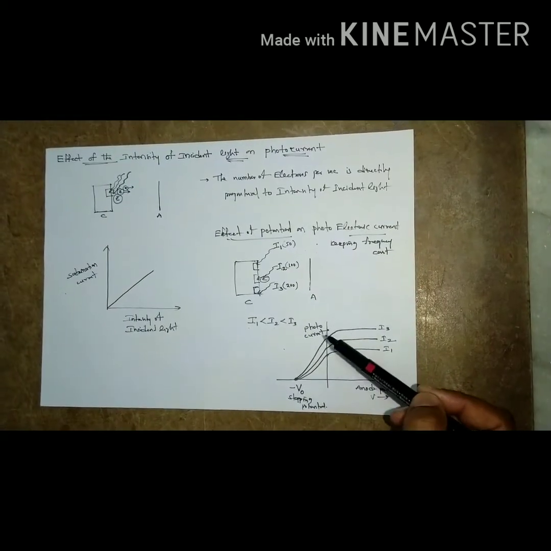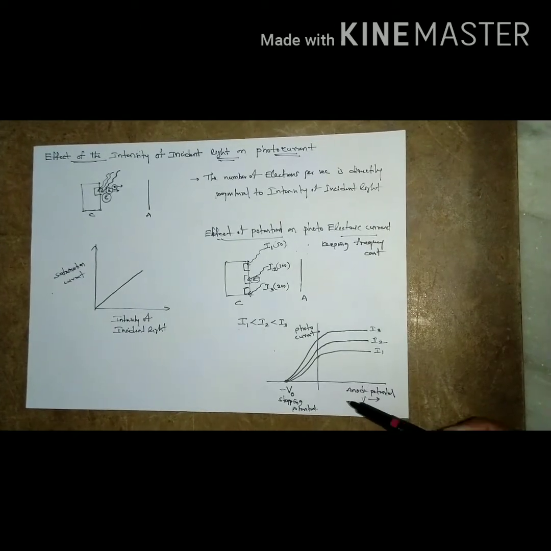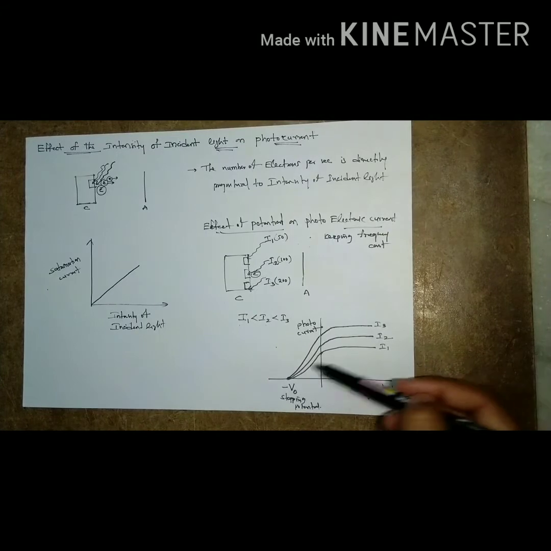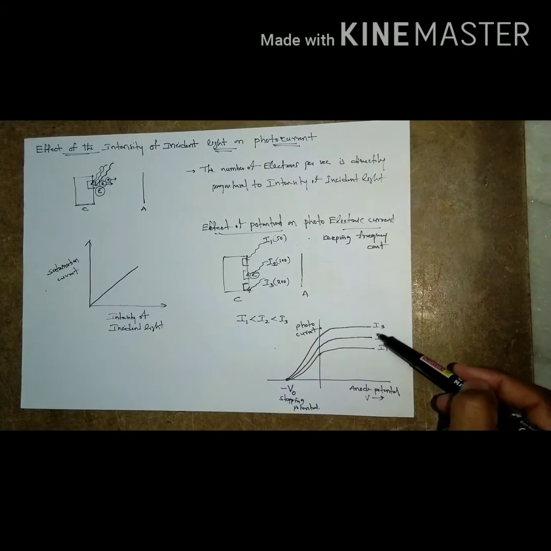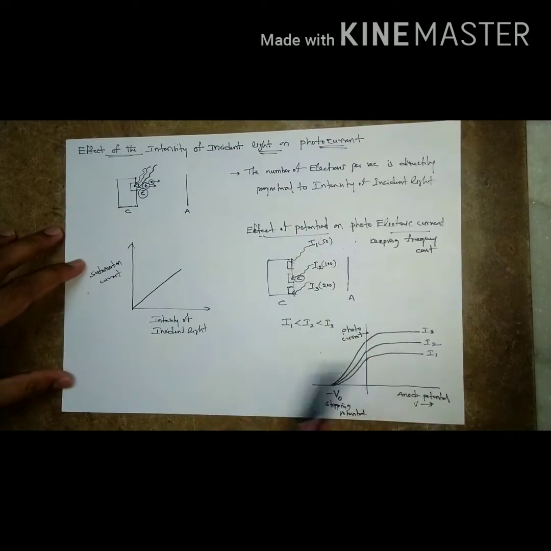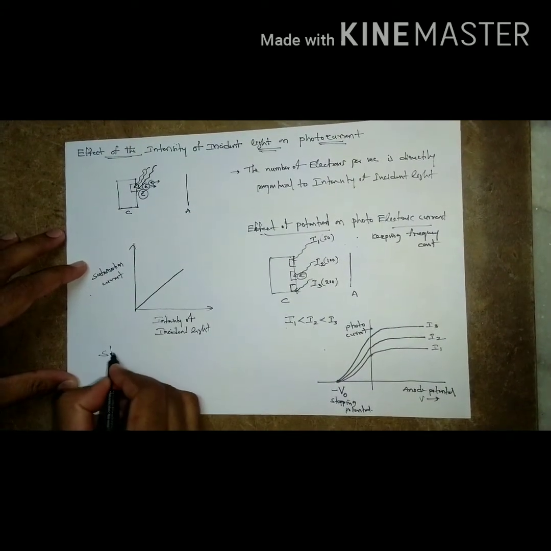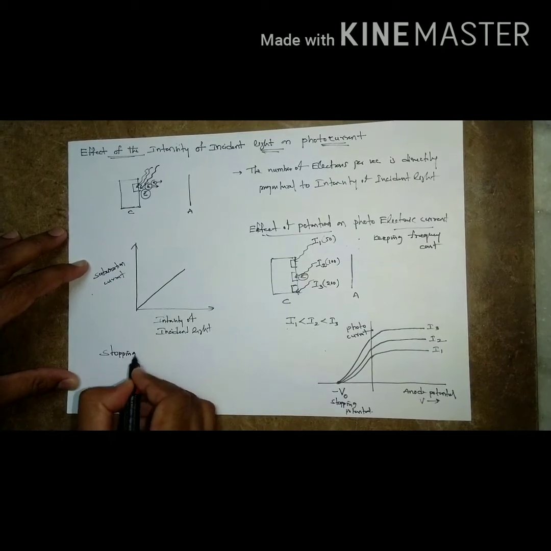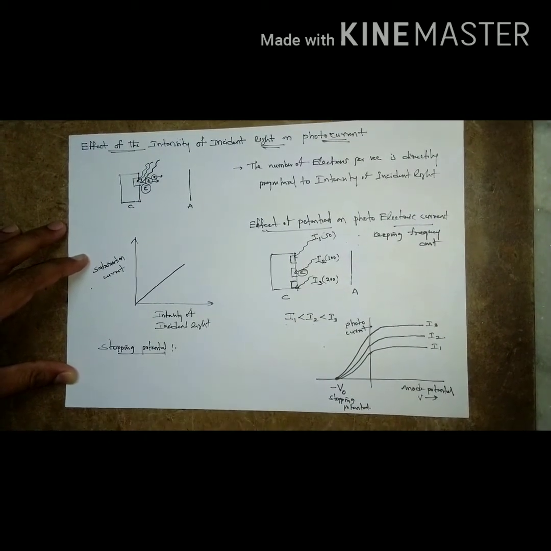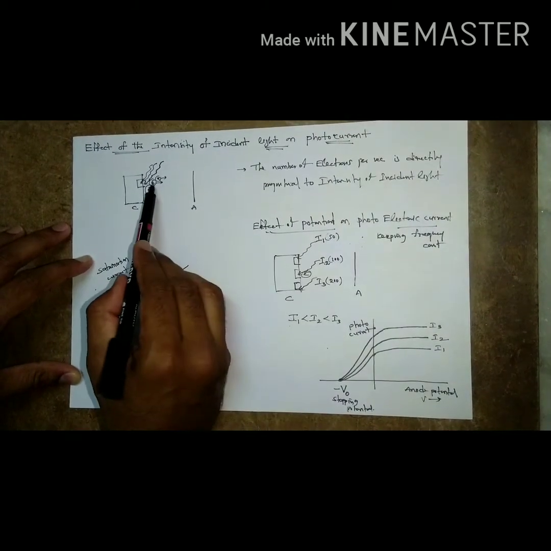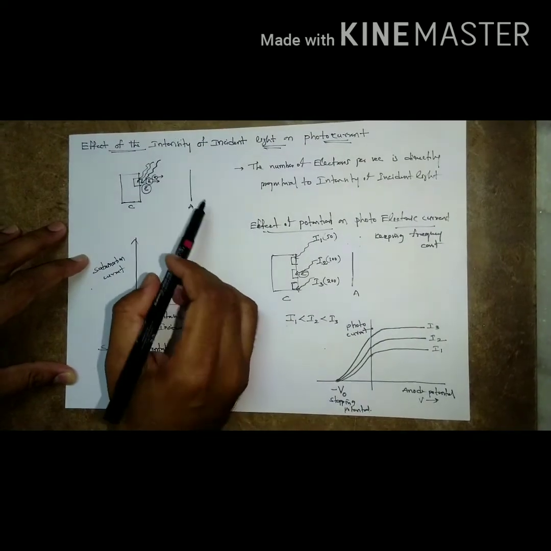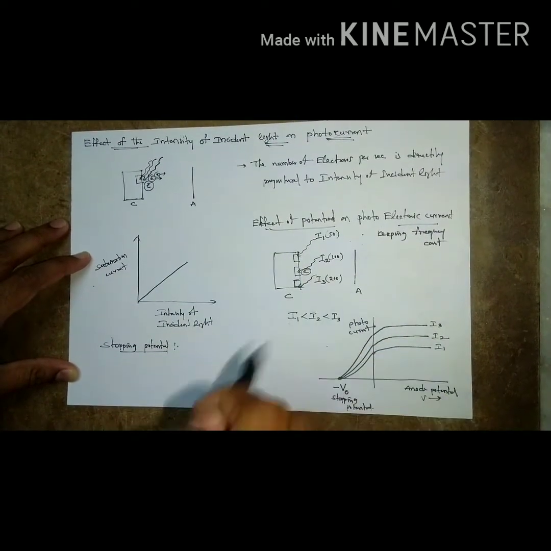Okay, a graph drawn between photocurrent and anode potential. Here the stopping potential for I1, I2, I3 is the same. Why? Because first of all, what is stopping potential? High energetic electrons may not even reach the anode; that negative potential is called